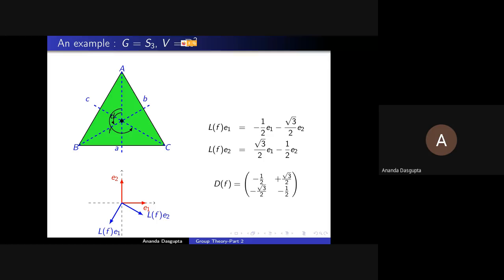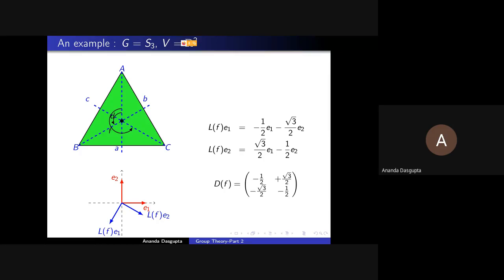So we have basically said that for every group element, there will be a linear operator, and these linear operators will have to respect the group multiplication rule. That's why you demand that this is a homomorphism. L(G1 G2) has to be L(G1) L(G2). And given a linear representation, you can also go over to a matrix representation just by choosing a basis. So in physics and chemistry, very often we deal with matrix representation so much that we often forget that the matrices are really representatives of some linear transformation behind the scene.